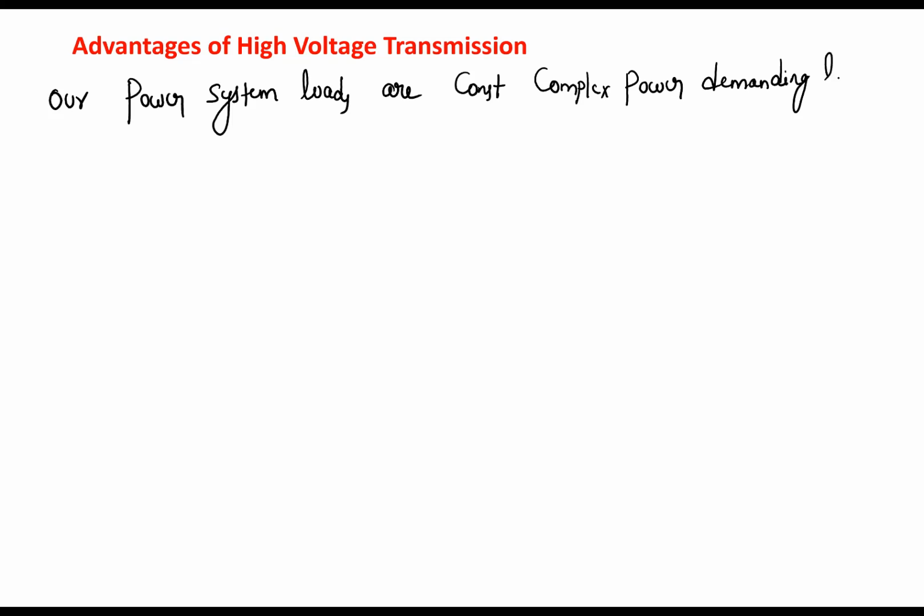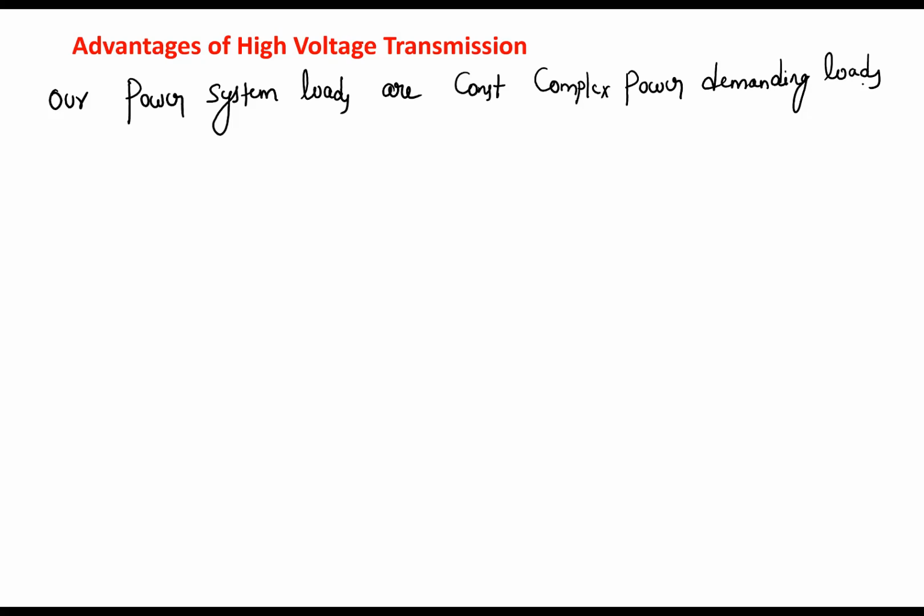Understand? There are different kinds of loads. Constant impedance loads, constant current loads, constant voltage loads. All these loads you will encounter in electronic circuits. The loads which require only constant current, irrespective of other parameters, are called constant current loads. The constant voltage loads are those which require only constant voltage across them. Suppose you connect a Zener diode, what are you going to get? You are fixing the voltage. So it is a constant voltage load.